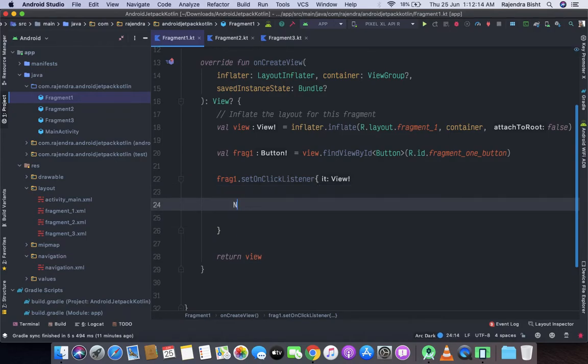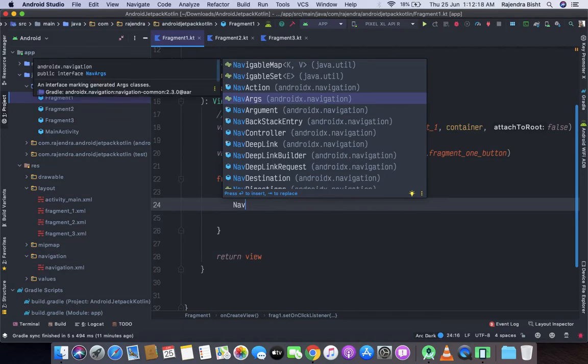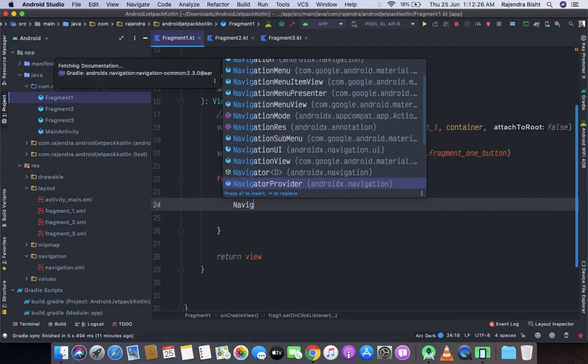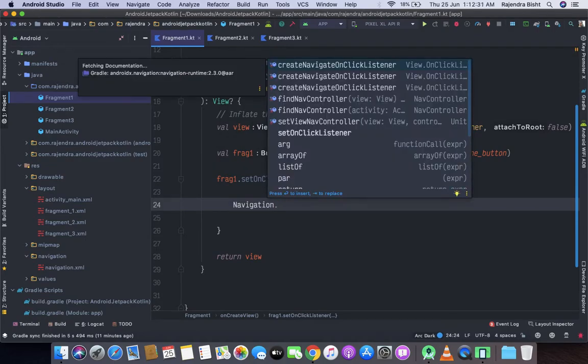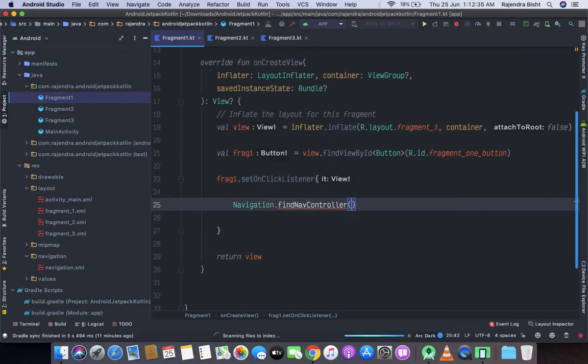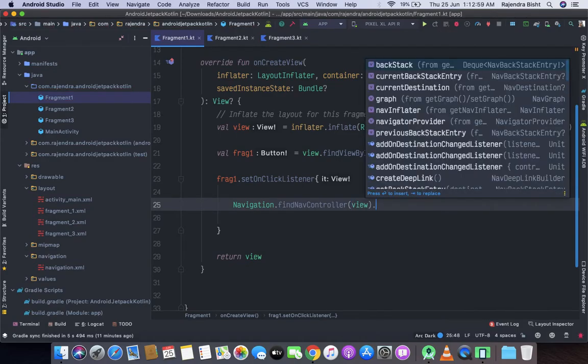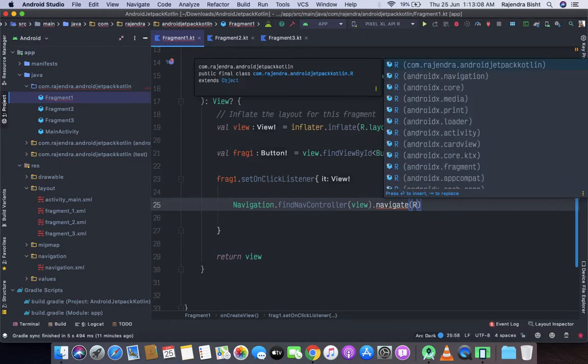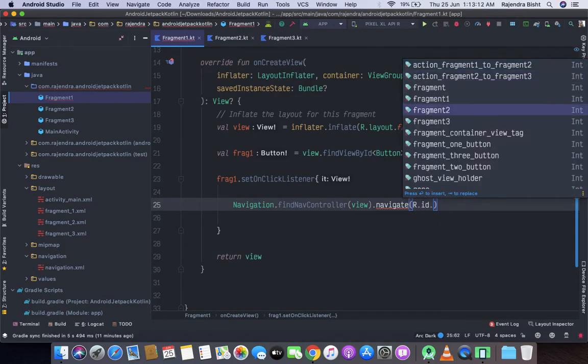Just write a piece of code here: Navigation dot findNavController, and here we will pass the view dot navigate, and here we'll pass the resource ID, which is the fragment ID, R dot id dot fragment 2.